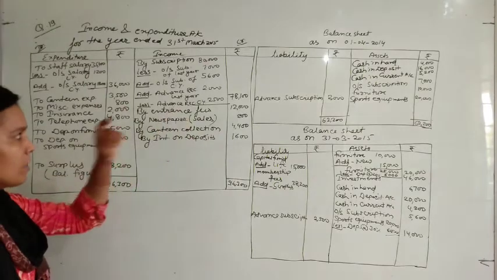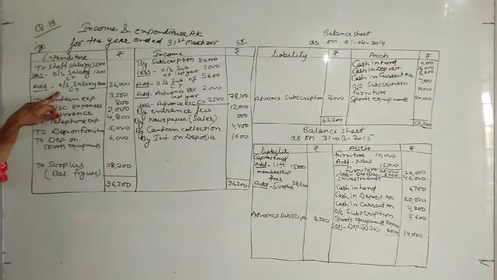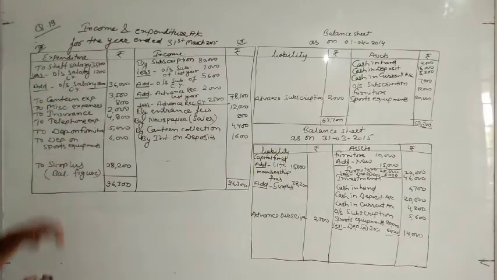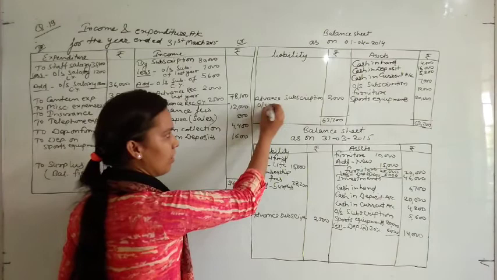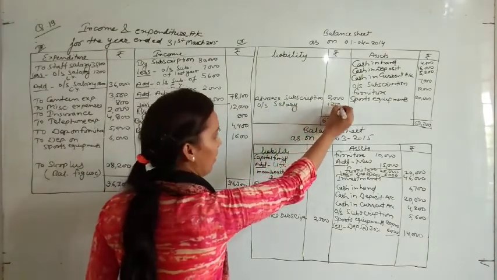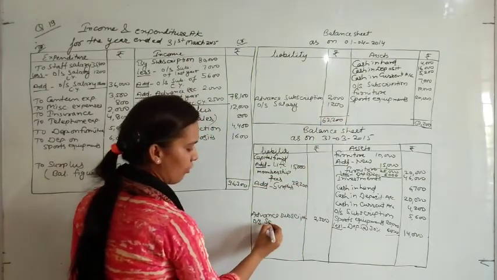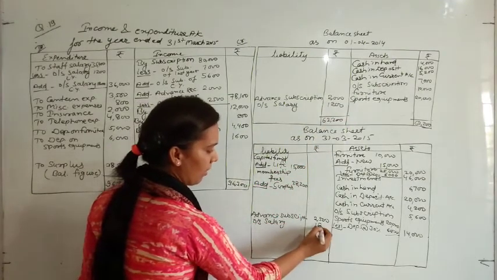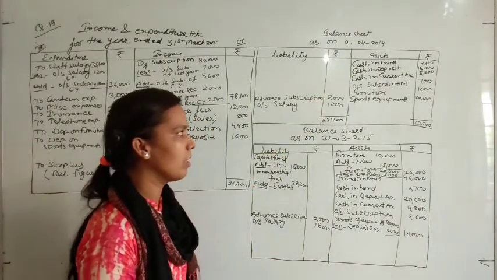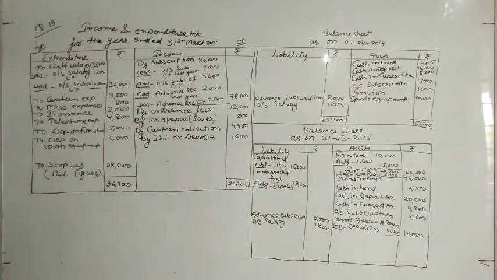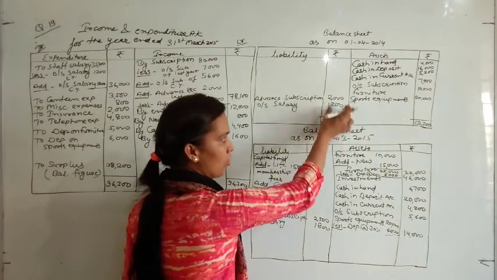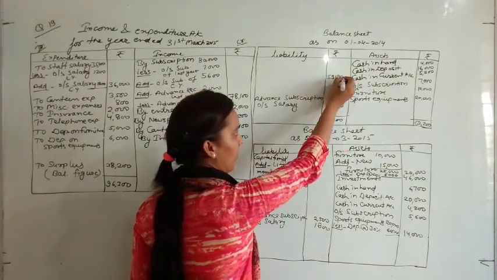Yes, we have missed one item here. Outstanding salary of last year and current year we did not post to the balance sheet. So outstanding salary of last year will be posted here. Outstanding salary of last year 1200, and outstanding salary of current year 1800. So now out of 62,200 just deduct these two items. So your opening capital will be 59,000. When you deduct these two amounts from this amount, you will get 59,000.